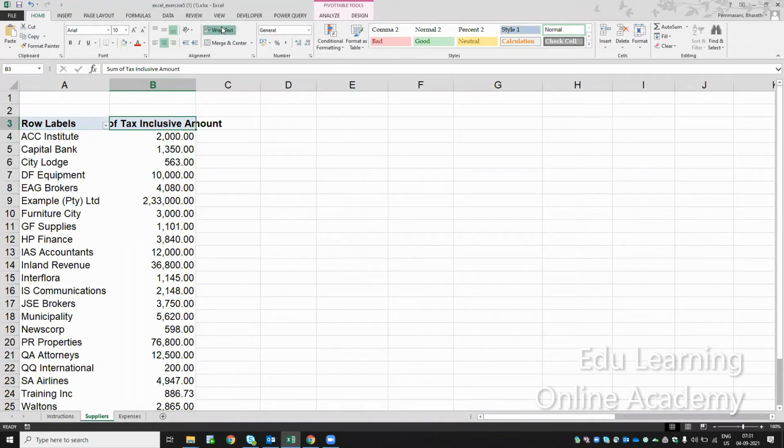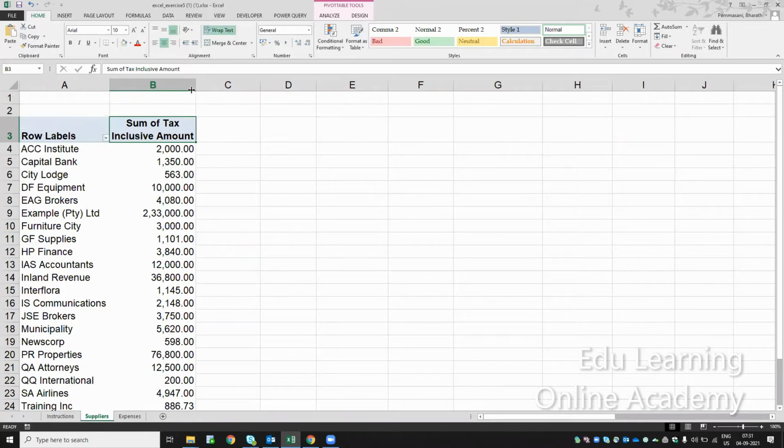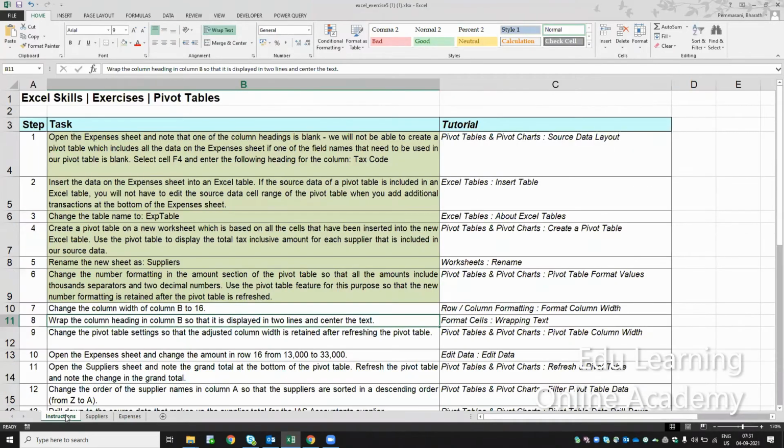So this is wrap text. Next one. Change the column width of B to 16. This is done. And wrap the column heading in column B so that it is displayed in the center of the text. This is also done.